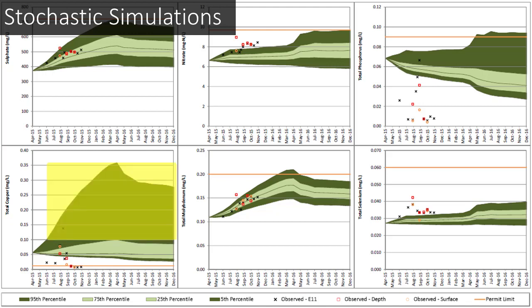But then we have something like molybdenum, which doesn't vary much, even during freshet. There's not much particulate molybdenum. So high flows can come across the site and wash it, but it doesn't really make much difference. And our inputs reflect that. We have a very low uncertainty. Same with selenium. Selenium, even though it's very high, this is 15 times higher than the limit, it's very constant. So